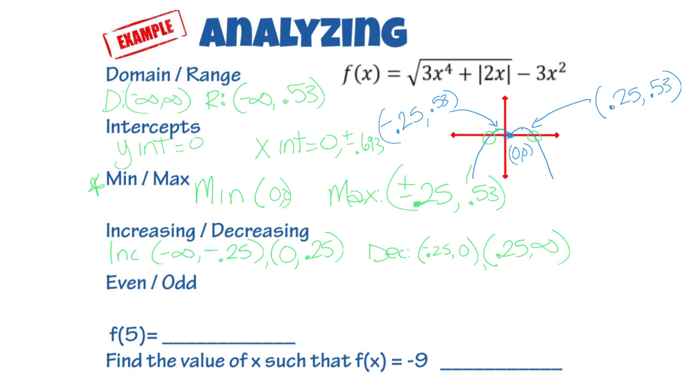All right, when I look at my graph, I can see that it has beautiful y-axis symmetry. Y-axis symmetry makes it an even function. And then to do f of 5, I am going back to my